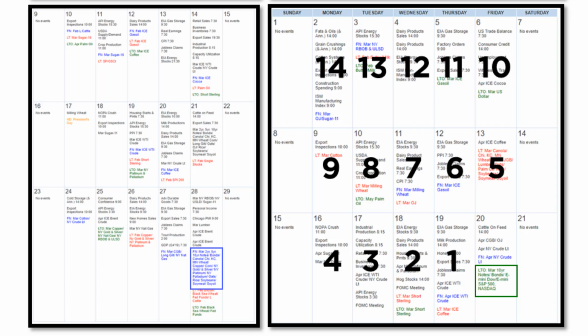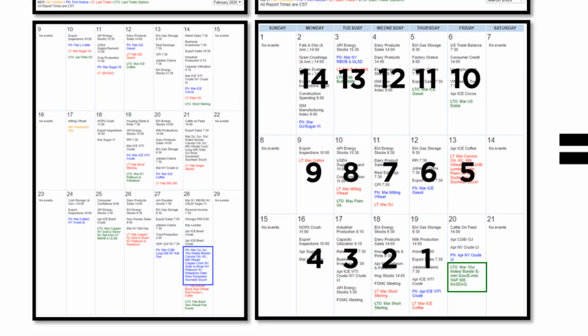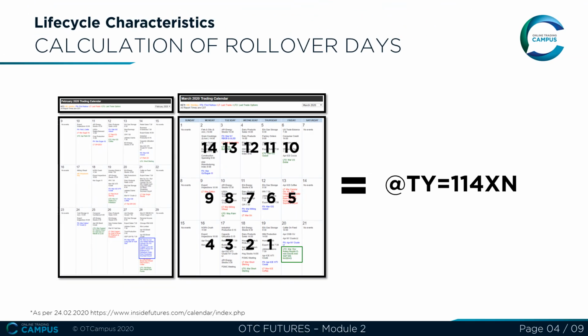Sometimes there are holidays, and positions need an extra day or one day less to roll over. What we will do is just take an average for these rollovers, and the most you will be off is a day, maybe 2 days. The average cycle for the CME interest rate products is 14 days. With this information, we can now create an unadjusted continuous contract that will roll over 14 days before every contract